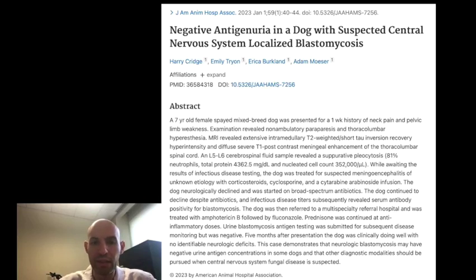So today I will discuss negative antigenuria in a dog with suspected CNS localized blastomycosis. This is out of JAHA from 2023. It is not open source, so I'll just go through the abstract and give you my takeaways and learning points from the article. So this paper is about a 7-year-old female spayed mixed breed dog that presented for a 1-week